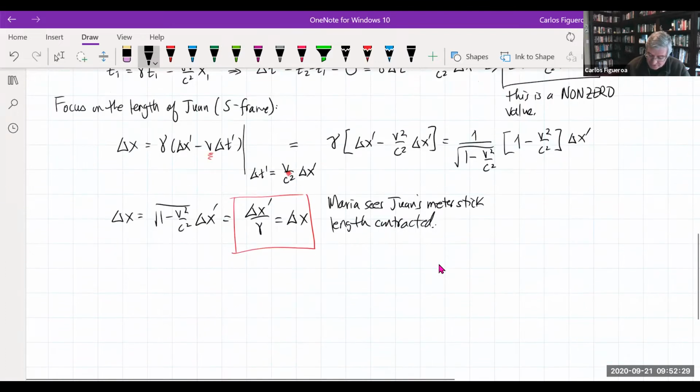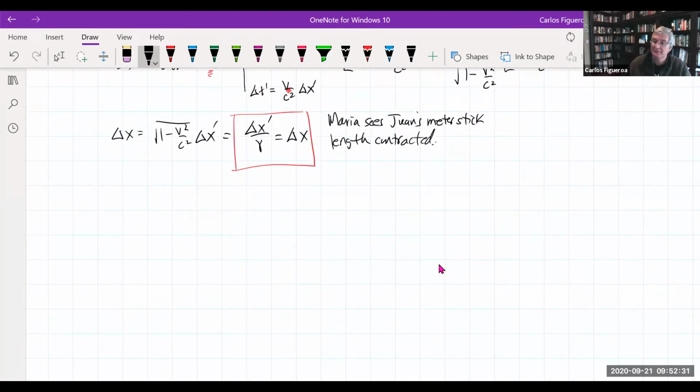And so just to give you a sense of this length contraction, what this means here is that